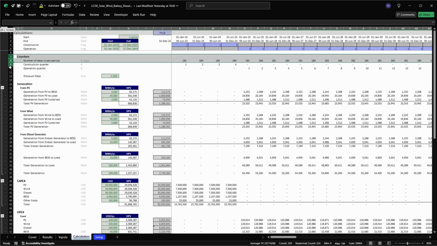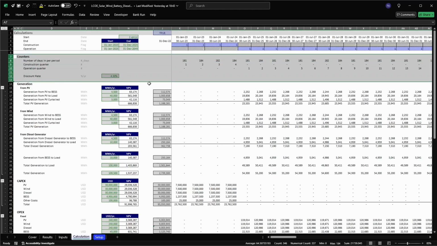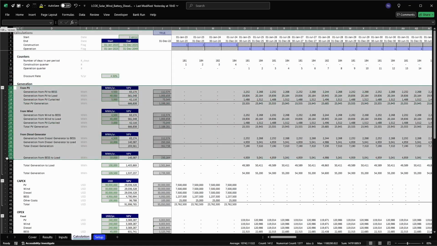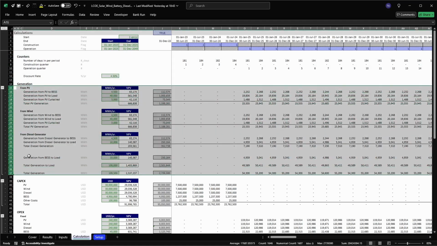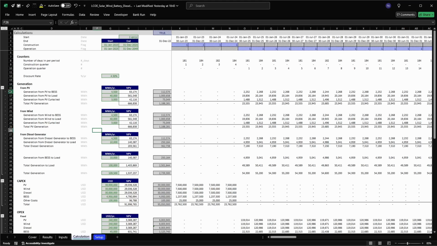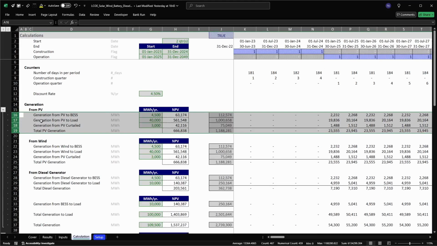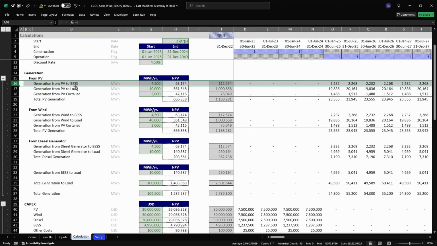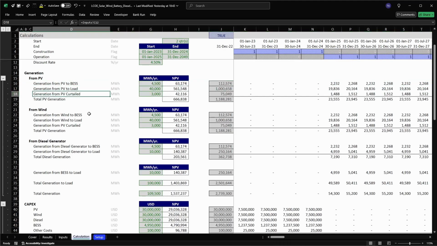So we have the same structure as for the LCOS model. What I modeled here is basically the energy flows, right? Let me zoom in. So we have the energy flows from the PV to BS, PV to load, and PV curtailed. The same inputs for the wind, and for the diesel generator,